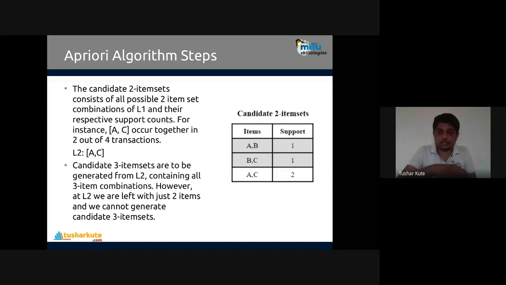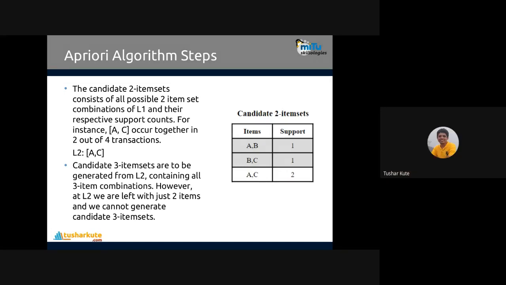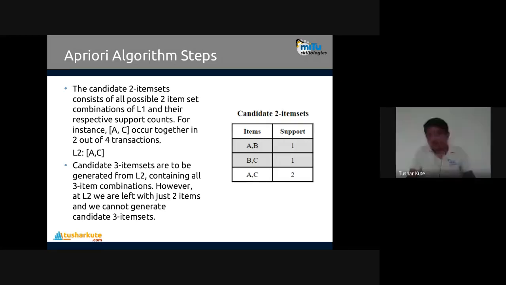Okay, let's see. Go ahead, candidate 2 item sets. So 2 items are there. We make combinations of them, and let's check that also. Individual items we have seen. Now, whatever we extracted in candidate number 1, only those are taken in candidate number 2. D, E, F will not be considered afterwards. So A, B, C.